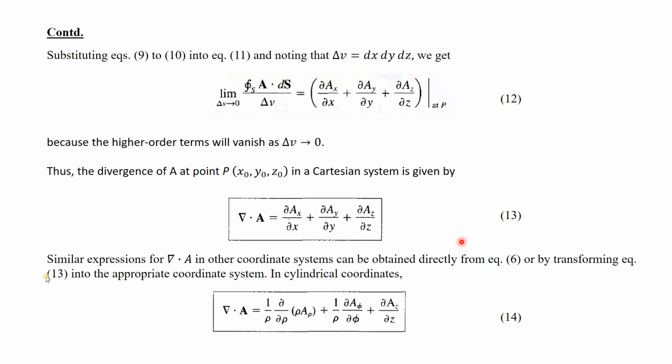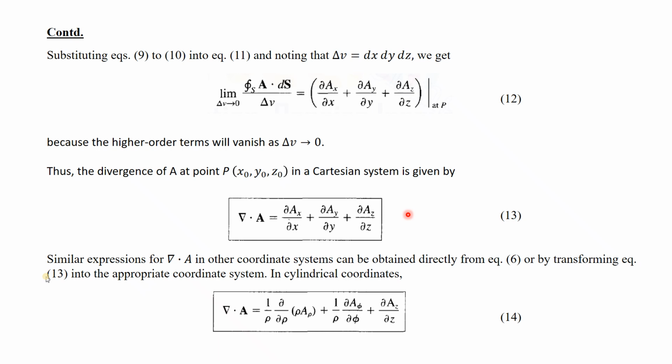Okay, now this is just a mathematical derivation. It is not that important, just for information. So this is the equation for the divergence in the Cartesian coordinate system. It is quite easy, because if you see, it is just a dot product, and if you perform the dot product of any two vectors, what do you get? You get a scalar. So divergence of a vector is a scalar.